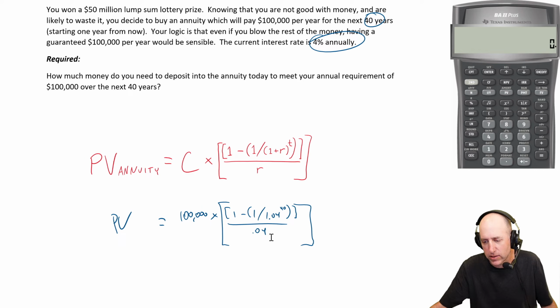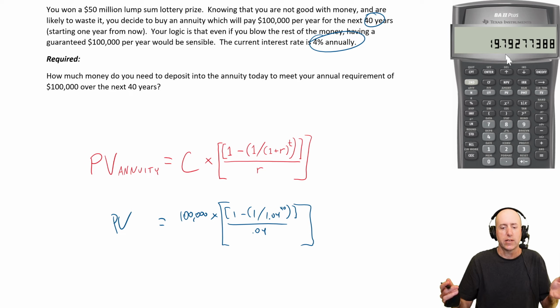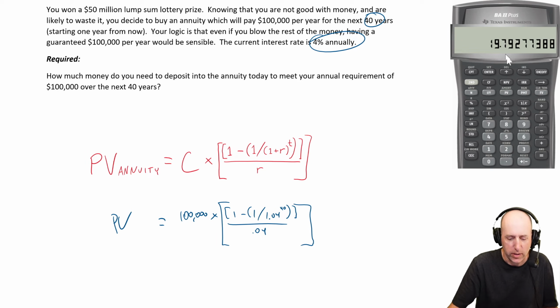Okay, let's deal with the bracket. So we deal with our exponent first, 1.04 to the power of 40, 4.8. Okay, 1 divided by 4.8, I use this 1 over x button, I get 0.2. 1 minus 0.2, it's going to be 0.8, well, 0.792 or 793. So I do minus 1 equals, and then I hit the plus minus button. There it is. So now I've got the numerator complete. I divide by 0.04. And now I've resolved the entire piece of the brackets. 19.79 is the annuity factor here,